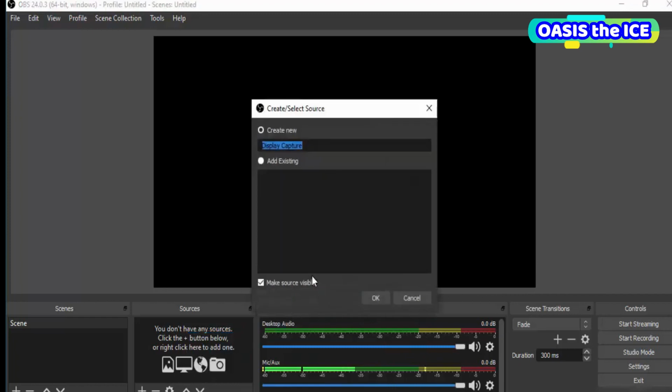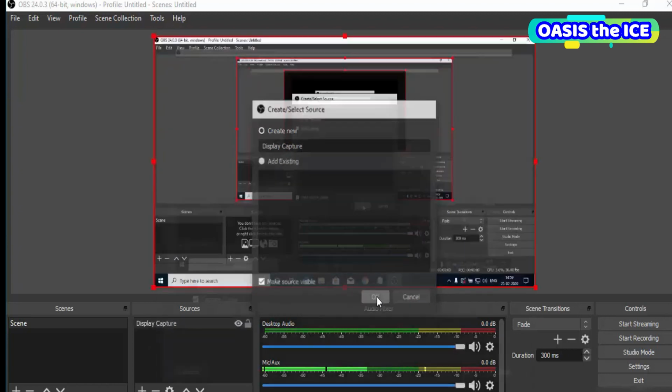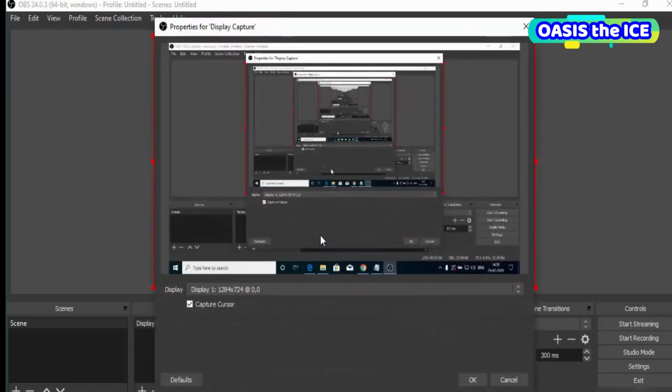Okay, so add and then display capture. And if you want to name your source something else, you can provide the name here, but this display capture looks fine to me, so I'm going to leave it as default and then click on OK. So as soon as you do that, you will be able to see your desktop screen on this window, and here are the display settings.